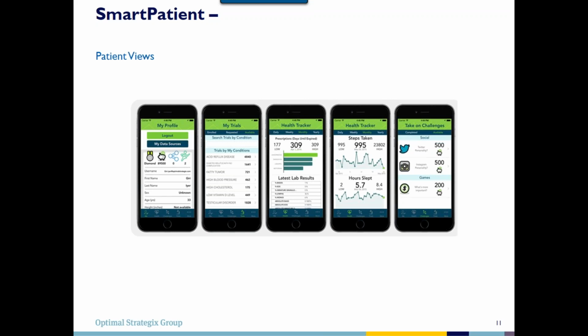So the smartphone is a tool that allows us to integrate and get a 360-degree view of the patient, ranging from their clinicals, with their permission. So this is HIPAA compliant and also has various kinds of high-level data security and privacy issues taken care of. This allows them to complete patient-reported outcomes questionnaires. It allows us to understand what their expectations are while they are on certain treatments or therapies, and also integrates